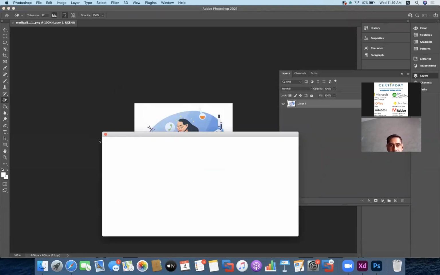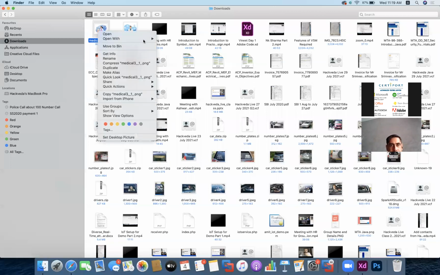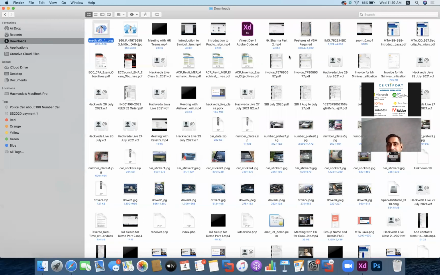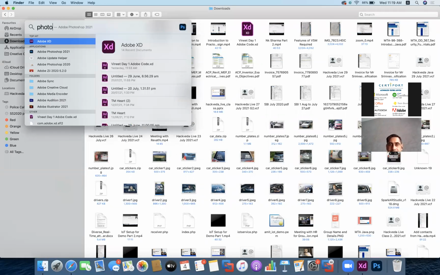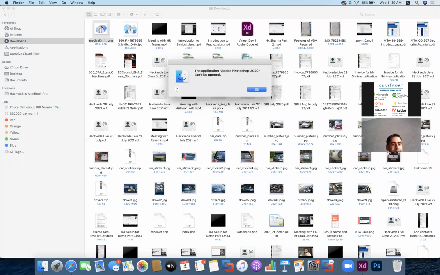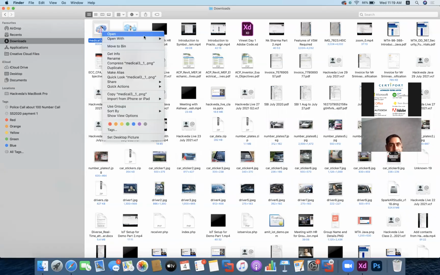Okay. Now, I believe my trial version for Adobe Photoshop has expired. Let me just open it and check, I think I have two Photoshops here. No, I've deleted the previous one. Okay, anyways,